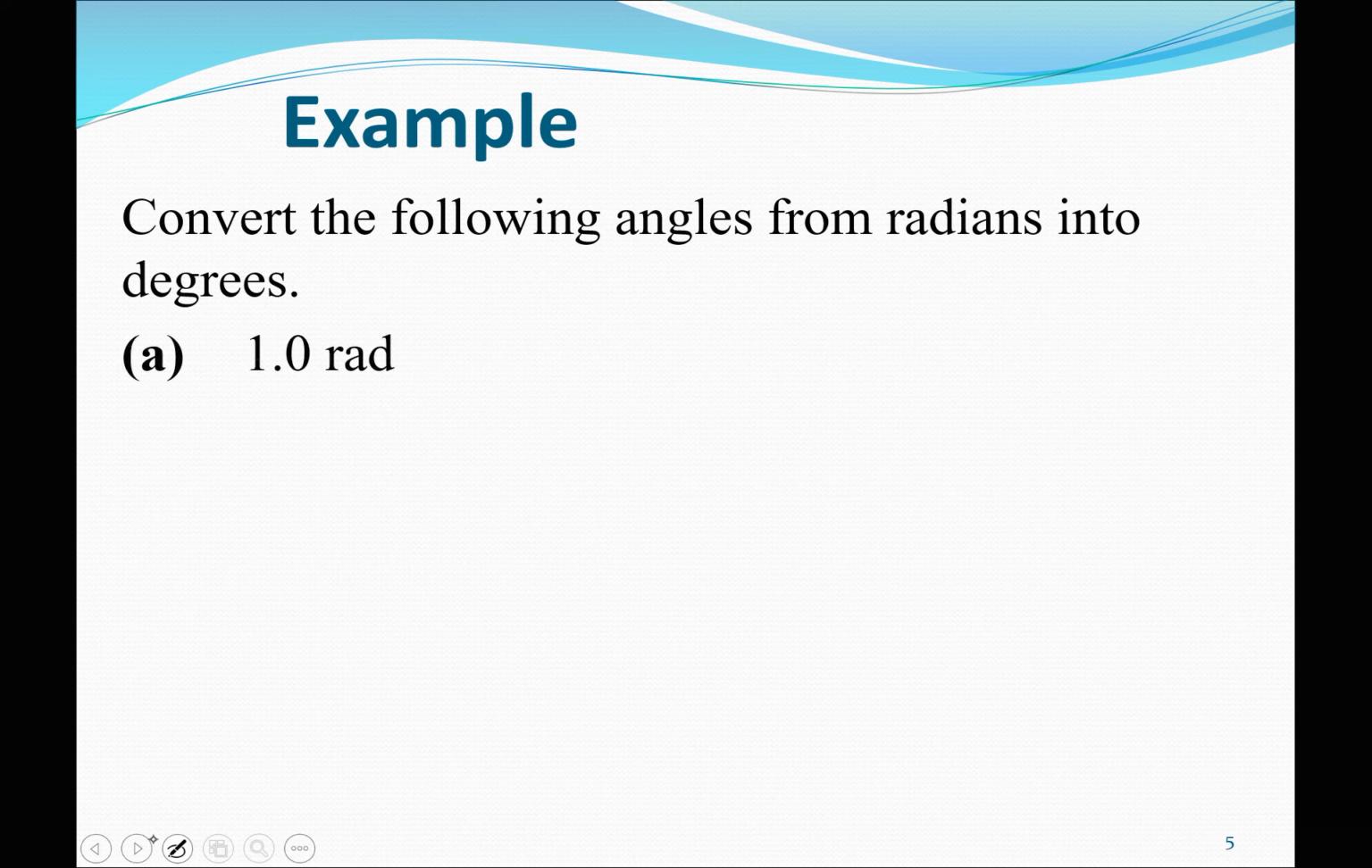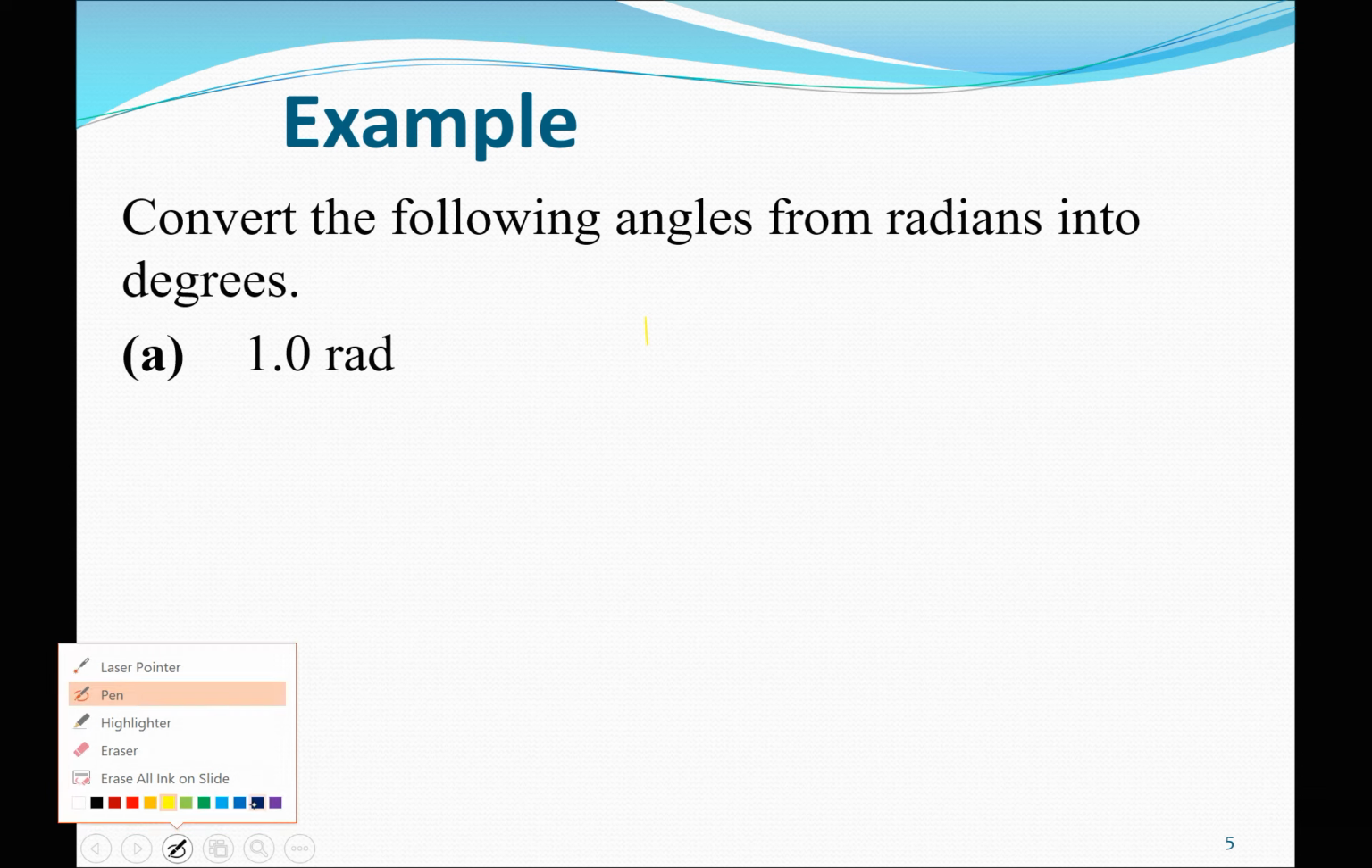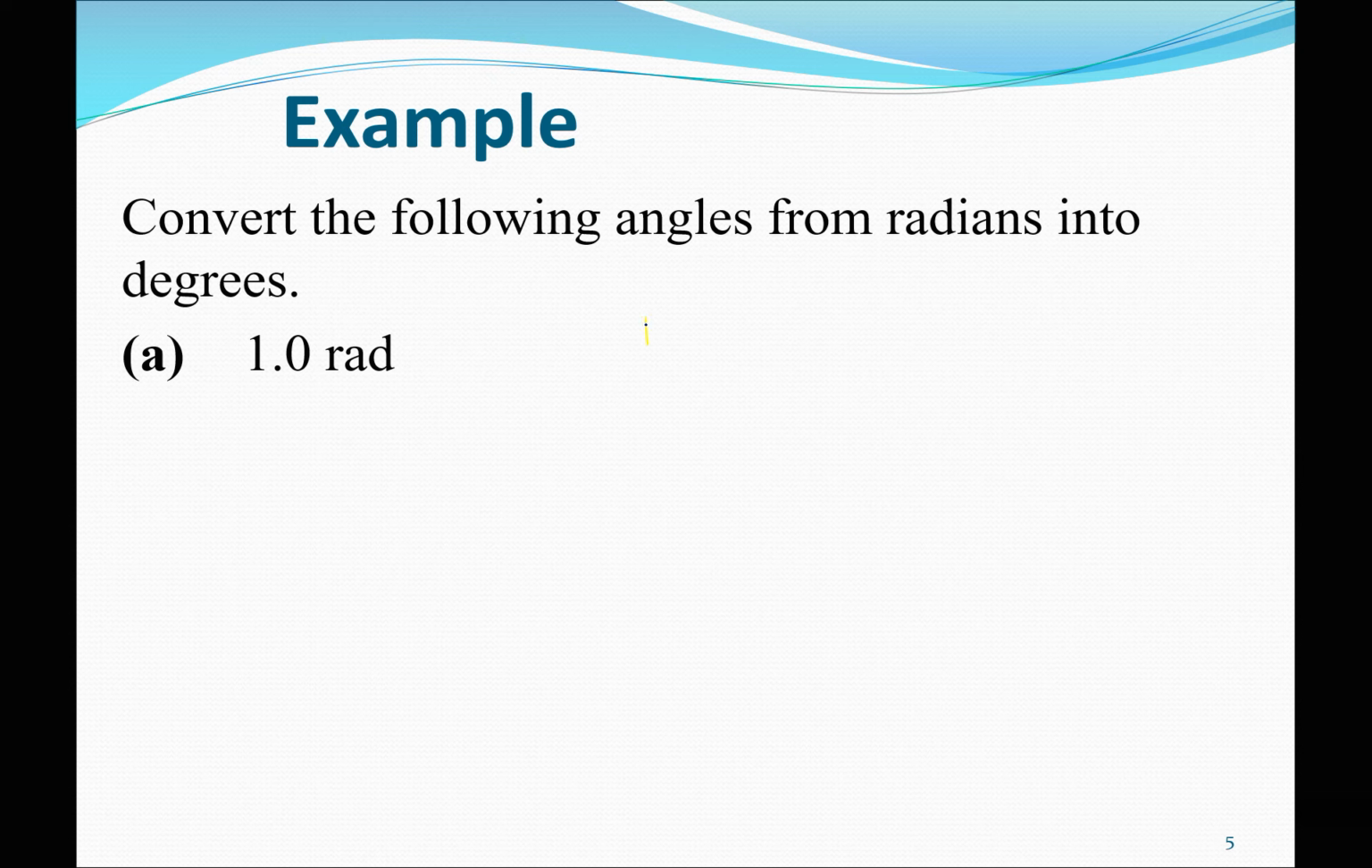So we have A is 1.0 radian, that is 1 radian. Remember we said a radian is the angle subtended at the center of the circle when the arc length equals the radius. So of course we can now tell that 1 radian, here I have to change the color so that it's visible. Let me use blue. So 1 radian,